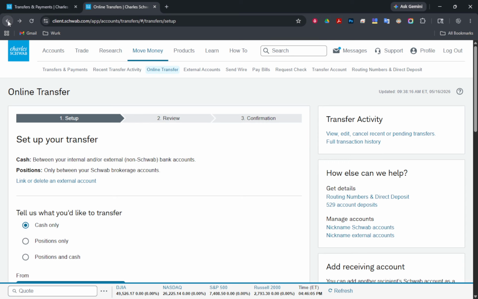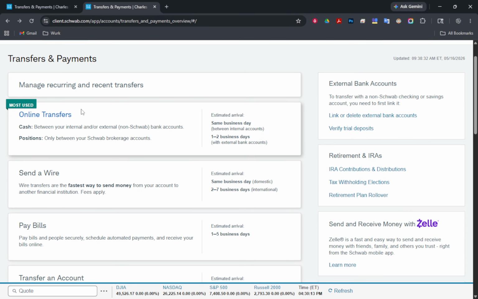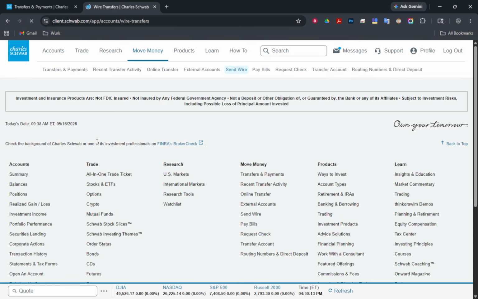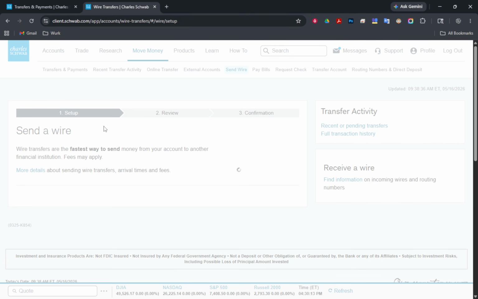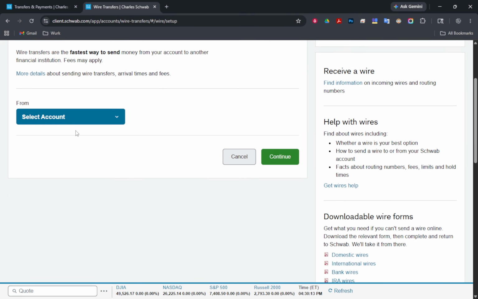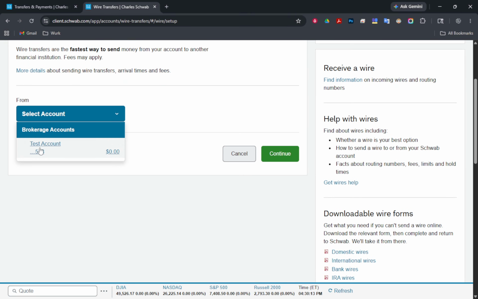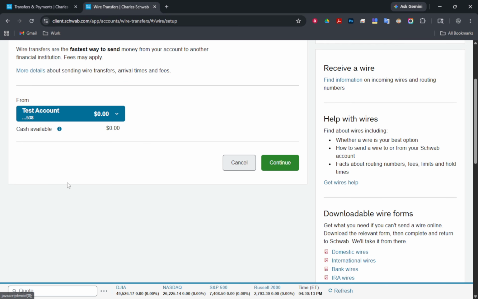If you need money to arrive as quickly as possible, consider a wire transfer. First, retrieve Schwab's wire instructions within your account so you have the correct details. Then, go to your bank, either online or at a branch, and send a domestic or international wire to Schwab. Be sure to include your Schwab account number in the reference or memo field so the funds land in the